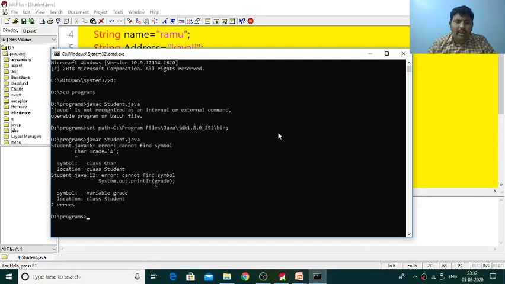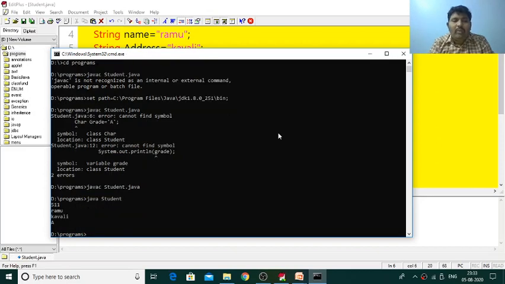Now come here to the command prompt and just recompile the program. Now there are no errors. To execute the program, type the command java, then after that type your program name. Don't specify .java. At the time of executing your program, give the program name only. You do not need to specify the extension.